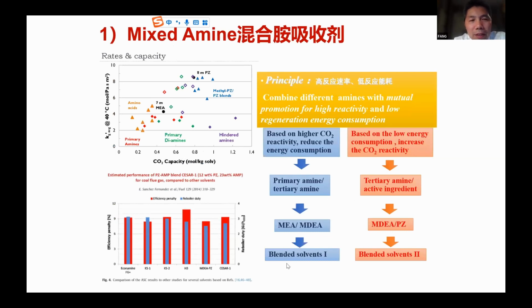So we say the first way is actually mixed amine. Now most of the operating projects use mixed amine. Mixed amine just combines different amines with mutual promotion for high reactivity and low regeneration energy consumption. So there are two directions for mixed amine research. The first is based on high CO2 reactivity, to reduce the energy consumption. A typical one is MEA, which has high reactivity, and MDEA, which has low energy consumption. So mixed MEA and MDEA is one